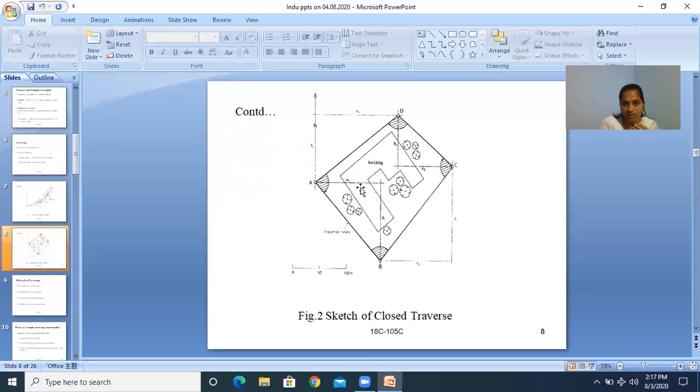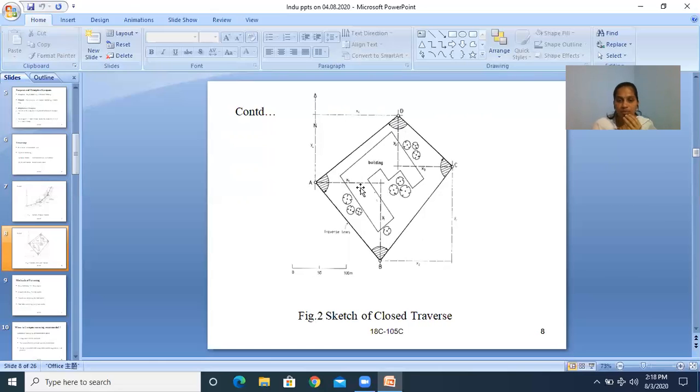So, the principle of compass surveying is traversing. Traversing involves a series of connected lines. In traversing, it is not required to form a network of triangles. In compass traversing, the directions of the lines are measured by a prismatic or surveyor's compass and the distances are measured by a chain or tape, and the interior details can be located by taking offsets with the help of a chain or tape.